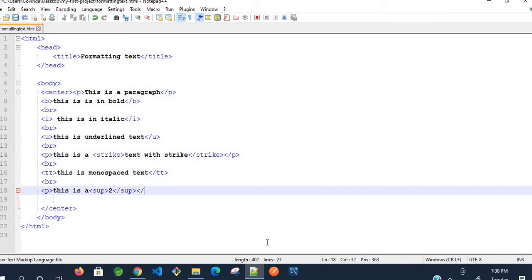Okay, then close the paragraph tag. Okay, here I will get a power 2. Superscript means it is going to display this letter, whatever the character or whatever the alphabet I have given here, it is going to display to the letter half above this letter. Okay, half of the place to above this letter, that is nothing but the superscript. We say it as a power. Okay, a power 2, like that it is going to display. Then save this, go to the browser.